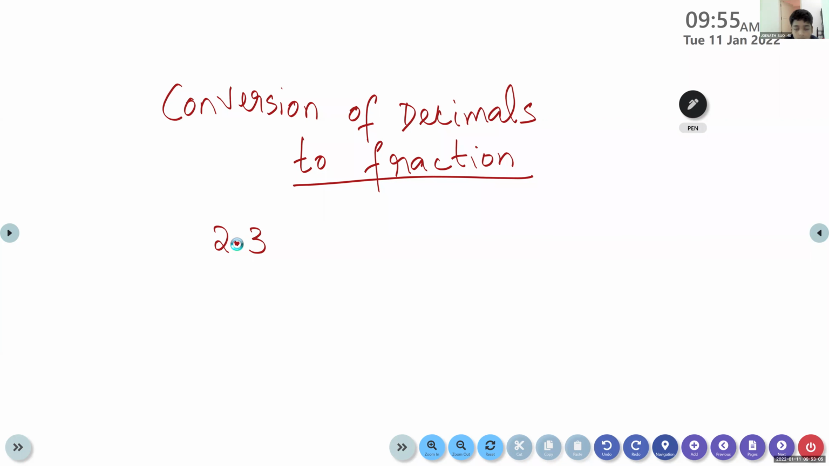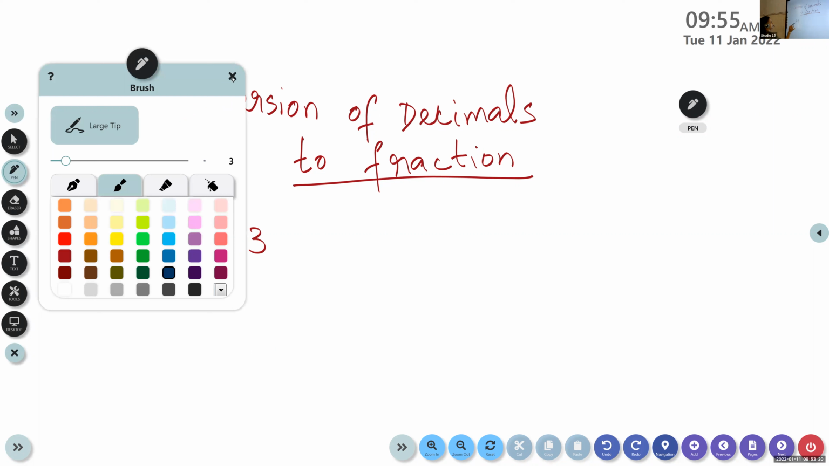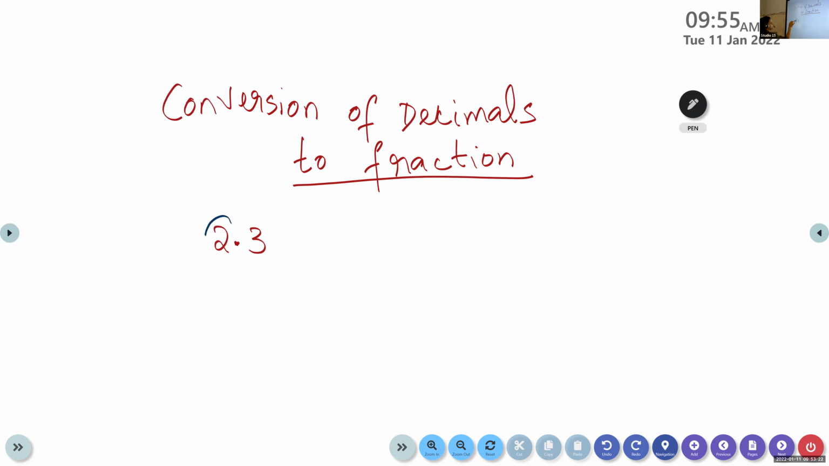It is a decimal number. Yes, it is a number. And decimal, which is the integral part here, Jonath? The integral part is 2. Yes, the integral part is written to the left side of the decimal point. And which is the decimal part? 3. Okay. So children, 2.3 we are going to convert into